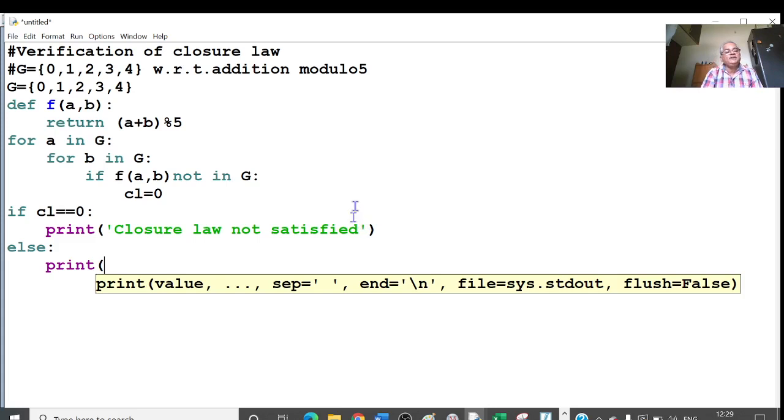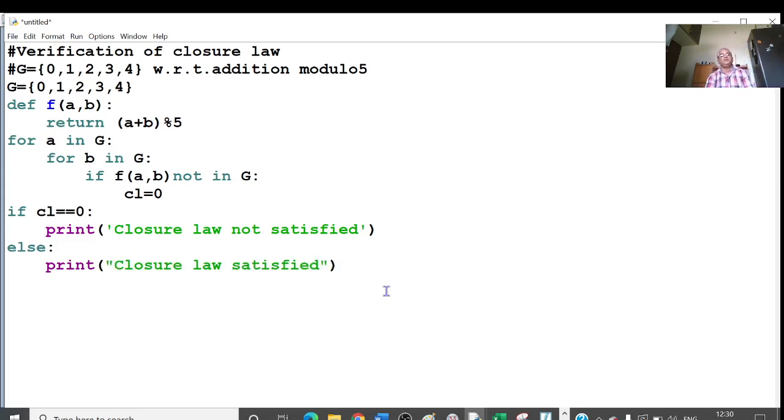If you give single quote here, at the end also you have to give single quote. If you give double quote, at the end also you have to give double quote. If I write double quote here, closure law satisfied, double quote close, bracket close.